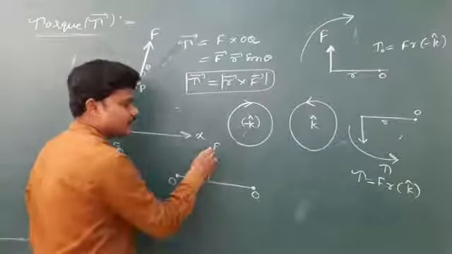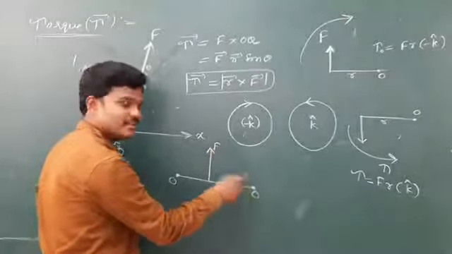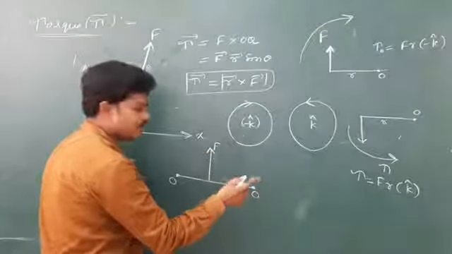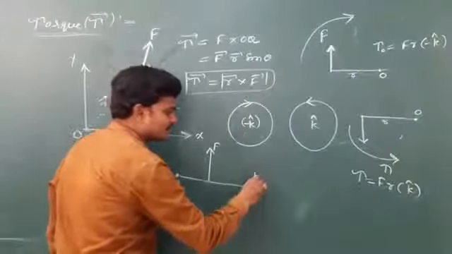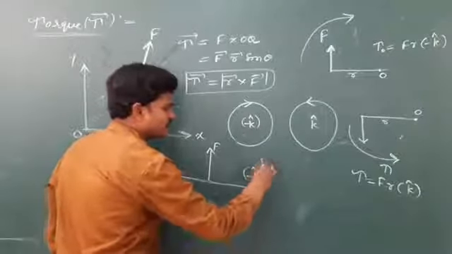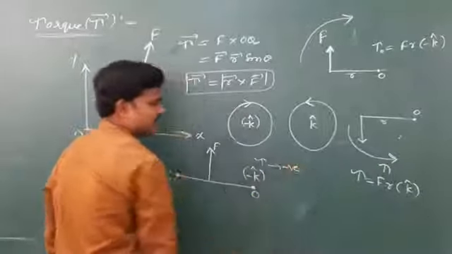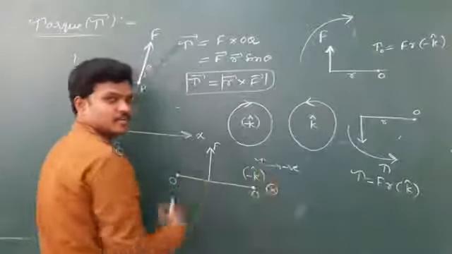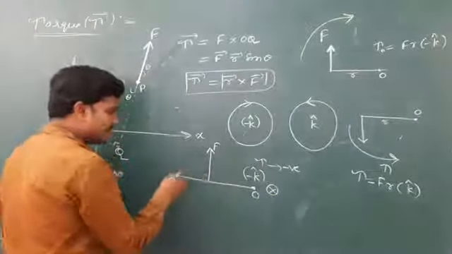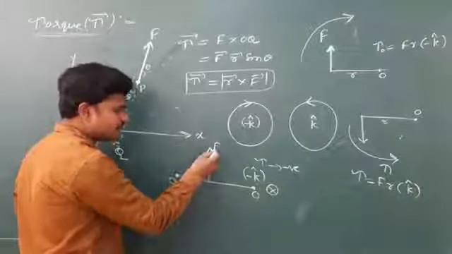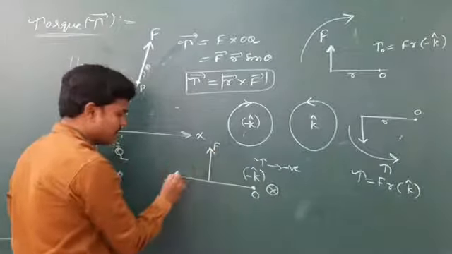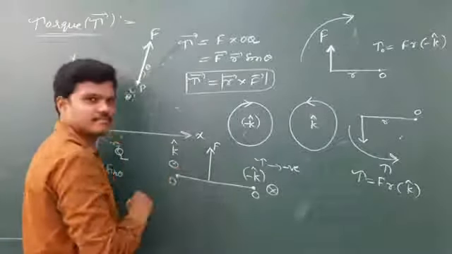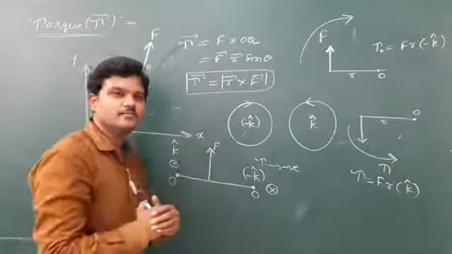Let us see. For this arrow mark, if O is on the right side, then you feel that this is clockwise. Clockwise means, right side means minus k cap. Otherwise, torque is negative when you take the right side. Actually it is called into the board, the inward symbol. And for this, point O is left of this F symbol, the arrow tip symbol. So this is out of the board. Out means plus k cap. Follow this technique. It will help a lot in solving problems.